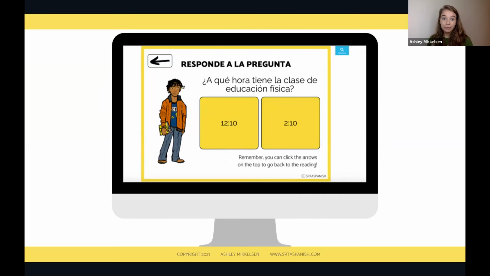But later on, we do another version where they can read and then they get asked a couple of questions as they go, just to check for understanding. So in this example, they read about him going to gym class, and now it says, okay, what time does he have gym class? So if they need to, they can click on this arrow on the top